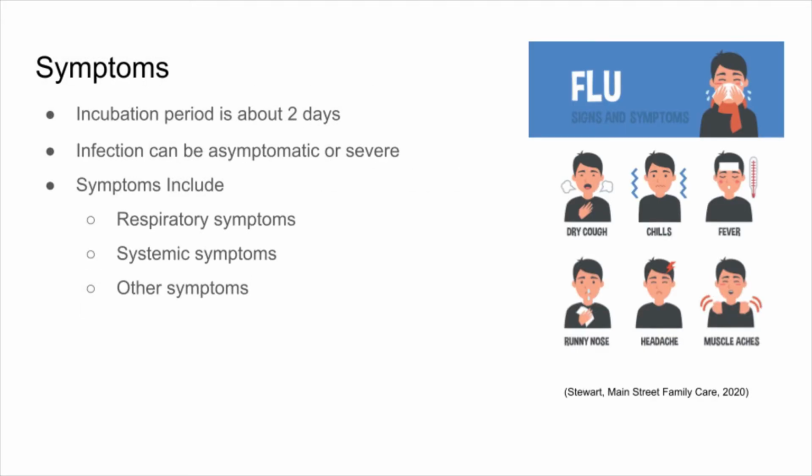The incubation period for the flu ranges between 1 to 4 days, but usually averages 2 days. Symptoms of an infected person can be asymptomatic or severe. Symptoms include those in the respiratory system, which consist of coughing, sore throat, and a runny or stuffy nose; systemic symptoms, which consist of fever, chills, headaches, malaise, and myalgia; and other symptoms, which include vomiting and diarrhea, which are usually common among children. Lingering asthenia can also occur, which can cause a lack of strength or energy in some people, which can last